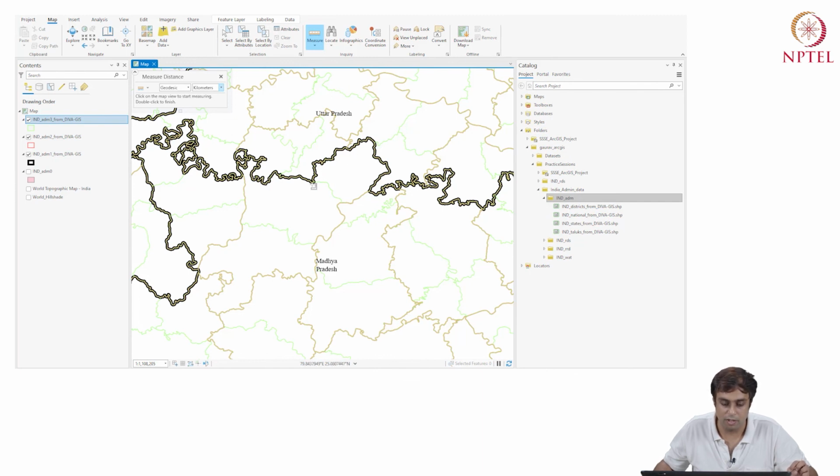Let's say the neighborhood district here of your taluk of Madhya Pradesh, its lowermost point, to the uppermost point of this taluk of Uttar Pradesh. It is 107 kilometers.